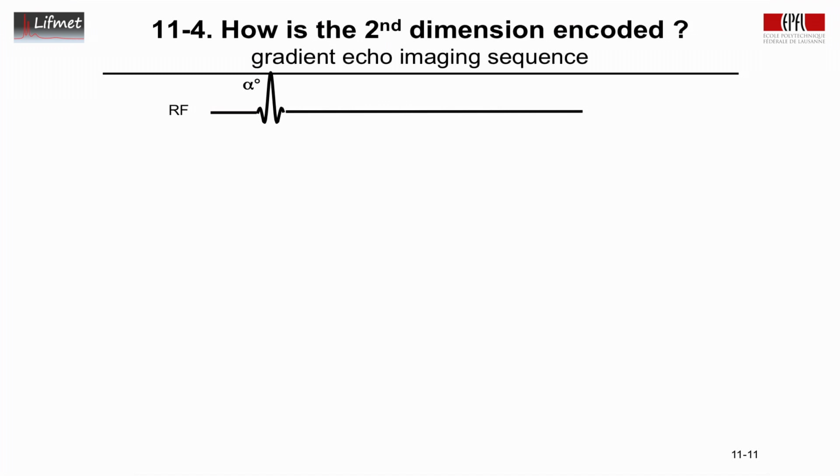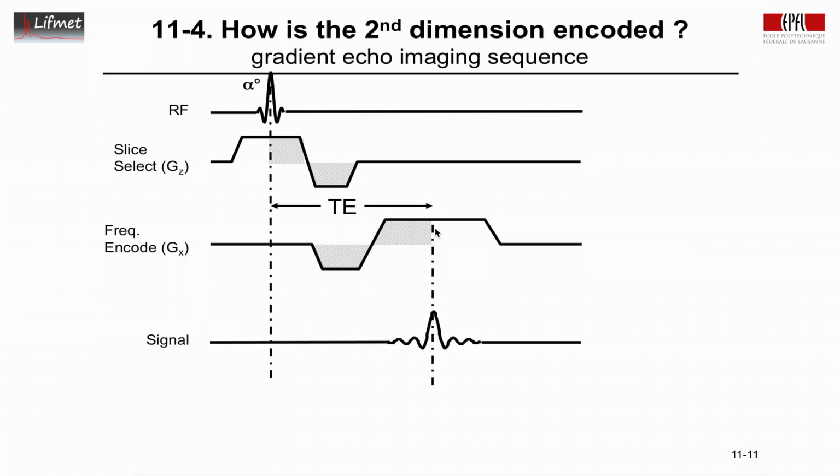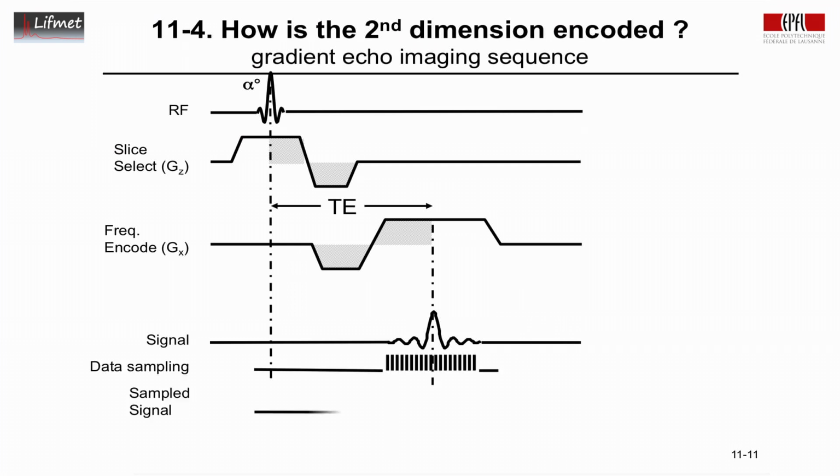We have an RF pulse that flips the magnetization to the transverse plane by alpha degrees. We have the slice select gradient with the rephase, which I will not comment on here. The frequency encode with echo formation. This is the condition of zero integral for the gradient, so this defines the echo time, TE. This is the signal that is produced. The data sampling is done over this time period,